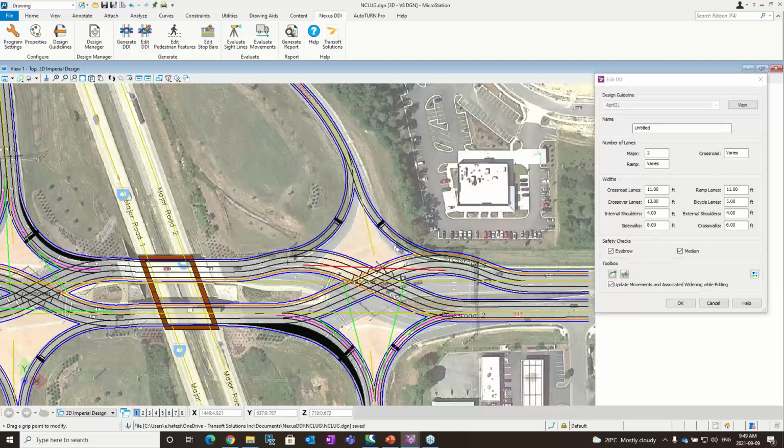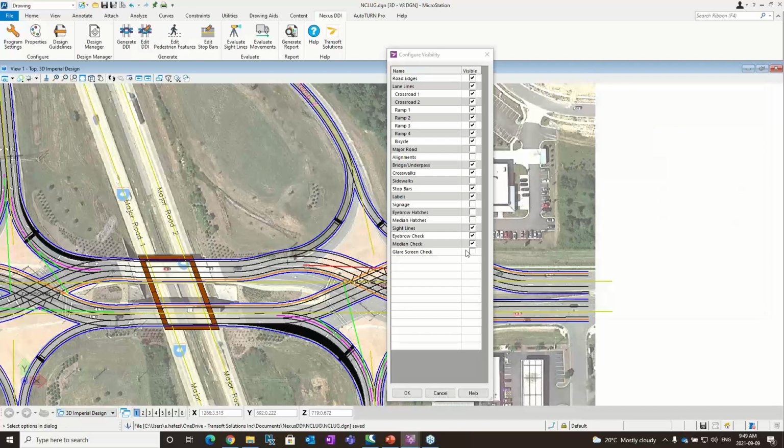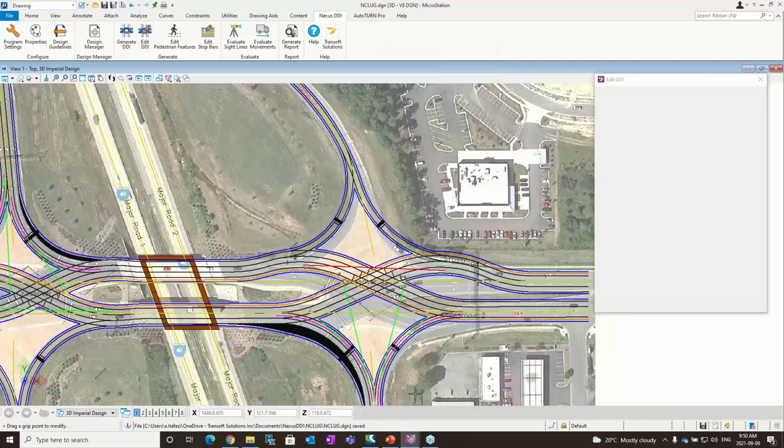Now, remember that from the second that you actually create your DDI, these lines exist. You can turn them on or you can turn them off. I can go here, right? I can turn them off. If I turn them on, then it will be here. There are different ways. Also here,